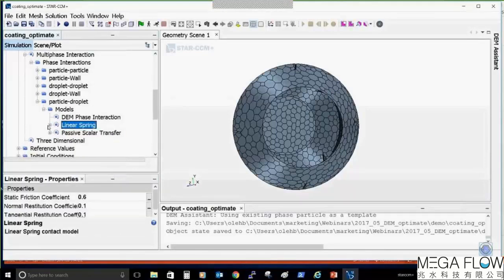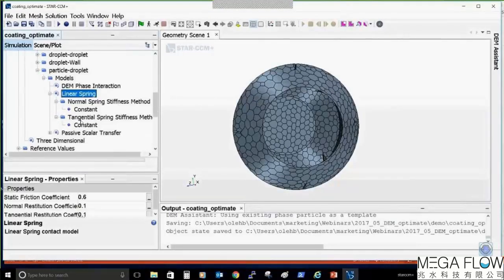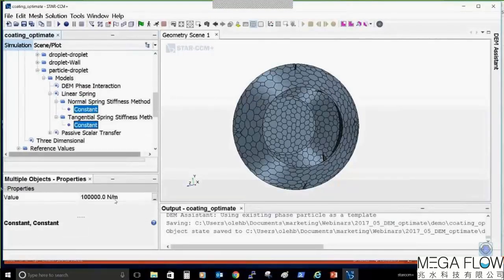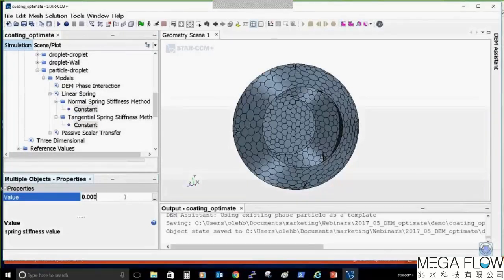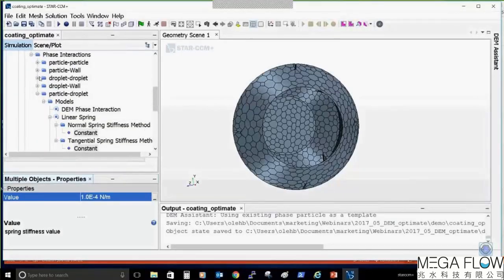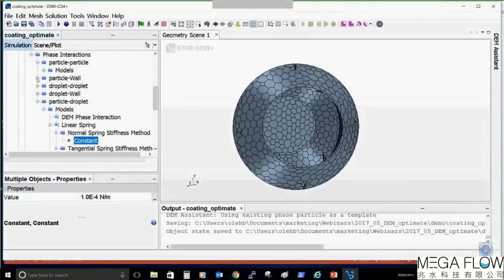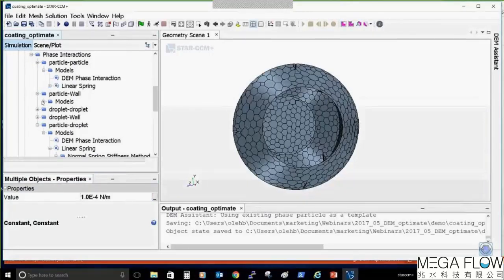Then I go to the linear spring model, and for these interactions I set a really low value of stiffness. We don't need to resolve the collisions very accurately, because the droplet will be deleted immediately once it has passed the value of the coating liquid to the particles. The next step is to reduce the stiffness of the cylindrical particles, or tablets we